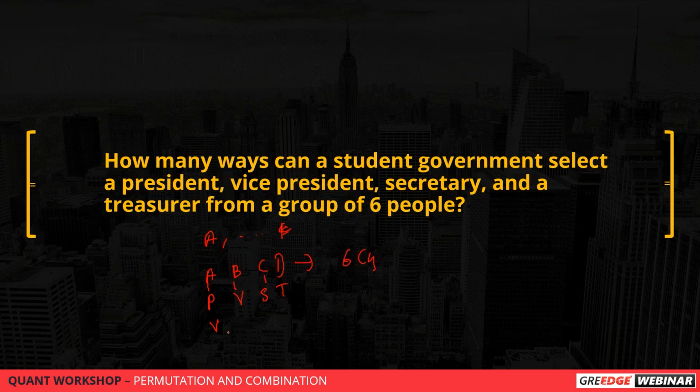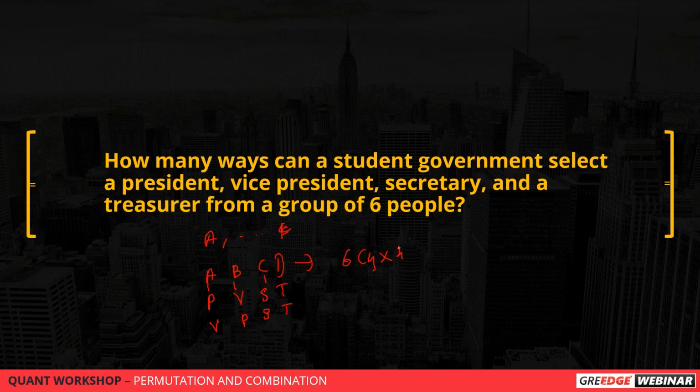I can make A the vice president, I can make B the president, and keep C and D the same. So how many different ways can this be done? How many ways can we arrange? This is nothing but arrangement, right? So this problem does the selection, followed by the possibility of arrangement as well. I can choose 4 people in 6C4 ways, and then I can give the designations in 4 factorial ways.